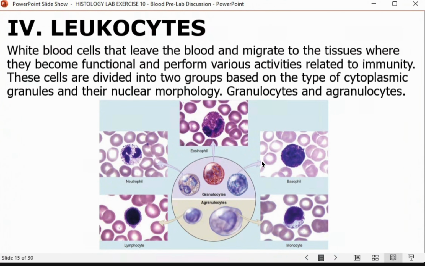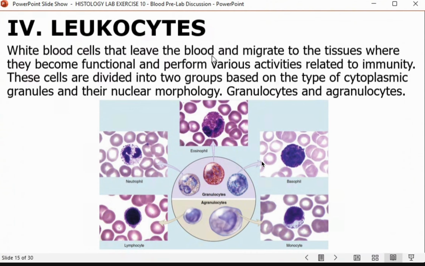And that's your erythrocytes. For your leukocytes, your white blood cells, they leave the blood and migrate to tissues. Unlike your red blood cells, they don't leave the blood vessels normally. Diapedesis does occur where they just follow along, but they aren't supposed to leave the blood vessels. Your leukocytes can leave the blood and then migrate to tissues where they become functional and perform various